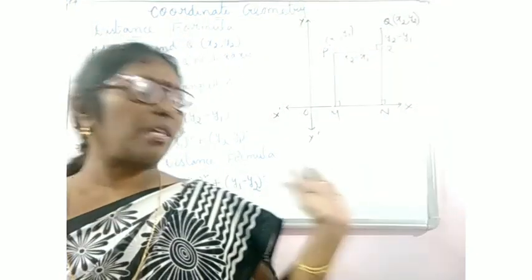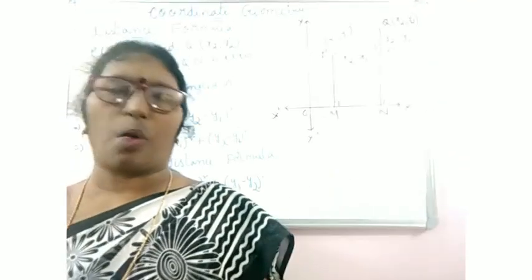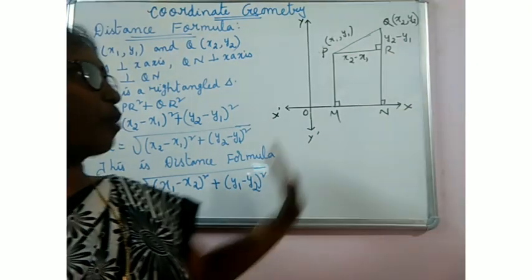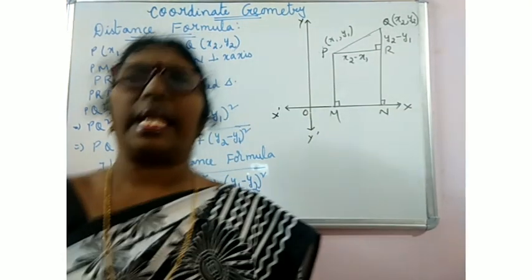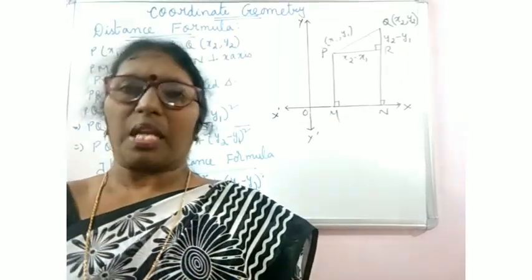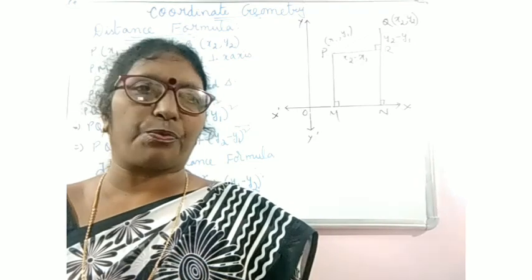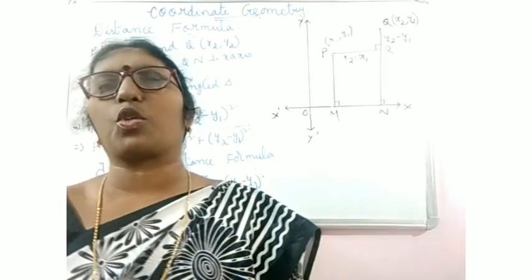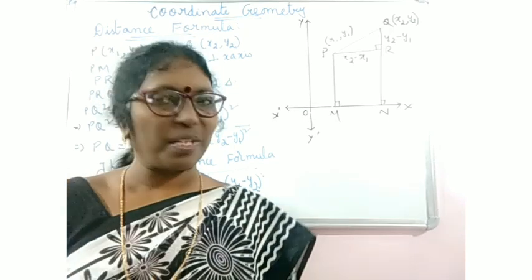Okay. Once the concept is clear, if you understand how to do it, by using the distance formula very easily you can find the lengths of the sides of the given quadrilaterals. If the coordinates of the points are given to you, you can find the lengths. After that, as per the question, you have to show. I hope this is clear to you.